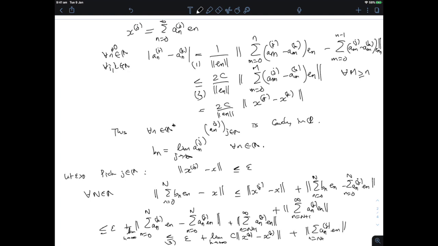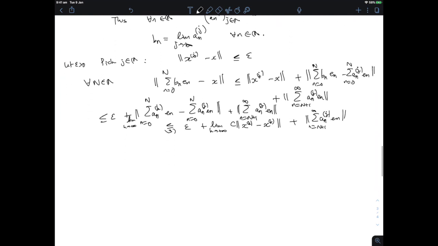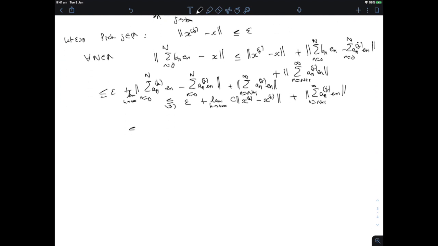Sure, but passing to the limit, this is smaller than epsilon plus c times the norm of x minus xj, so I get 1 plus c times epsilon for the j I have chosen. And notice that that j was chosen just dependent on epsilon. It's independent of N. So what we have now is that for every epsilon, there exists a j in N,